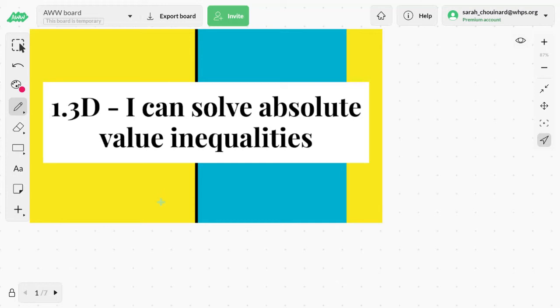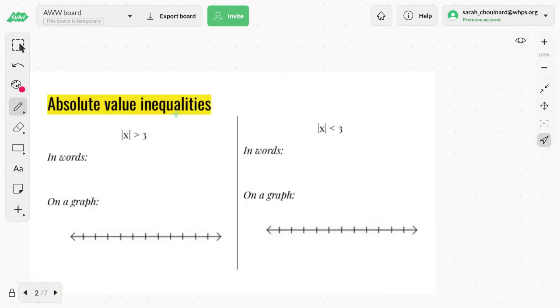Okay, so in this video, we are going to go from absolute value equations to absolute value inequalities. So it's helpful to remember that absolute value measures a number's distance from zero. So when we have absolute value of x greater than 3, in words, what we have is what numbers